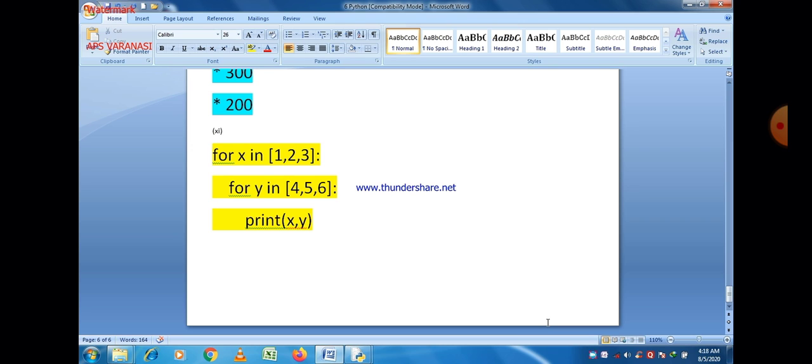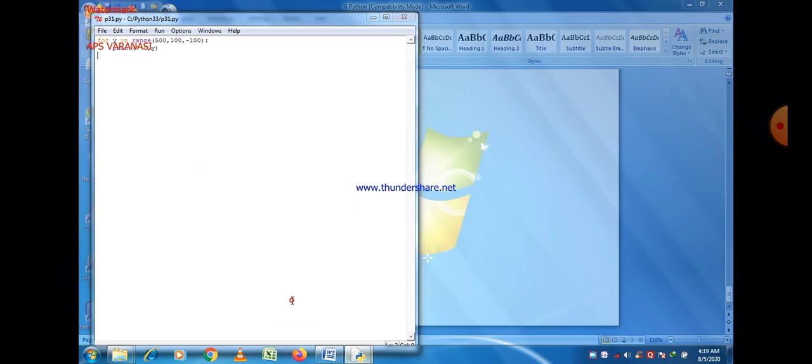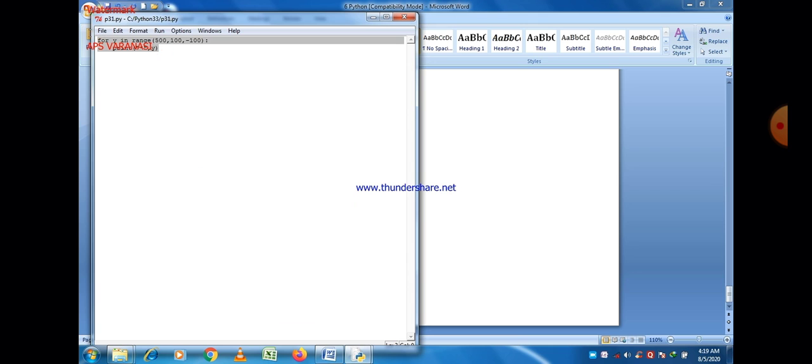Then the second time, when there is an increment, the loop will be executing for the value of 2. Here the elements are different, and if the first value is 1, then the second value 2 is already given. So now the loop will be executed for the value of 2, and the inner loop contains the three different values 4, 5, 6. So again 2 4, 2 5, 2 6 will be printed, and then 3 4, 3 5, 3 6 will be printed. That is the answer. A total of 9 values will be printed.